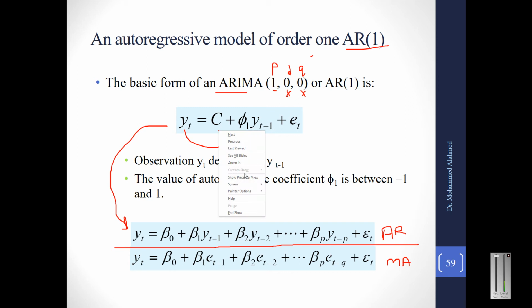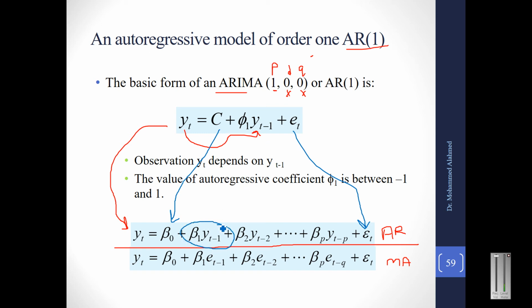You can map this c to beta naught and et to the error term, right? Now you see why this is AR1, because we are taking only the first lagged values. So what is the first lag value? The first lag value is Yt-1, which basically comes here. So beta 1 and psi 1, you can just say it is similar, and Yt-1. Similarly, what will be AR2? We will consider two terms, right? So when we take AR2, this term also will come into the picture.